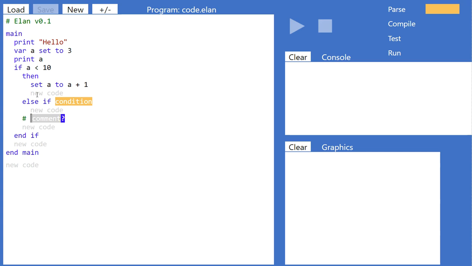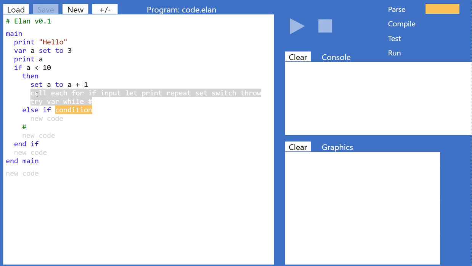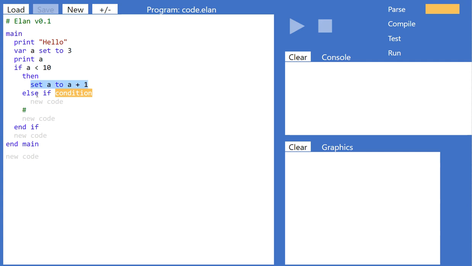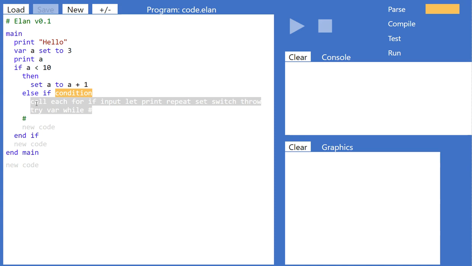Now, to neaten up your code, you may decide, oh, I don't need any new code further in that then clause. I can just click on it or navigate to it and press the delete key. It's the only type of frame you can delete without pressing control, and that's because you're not losing any code